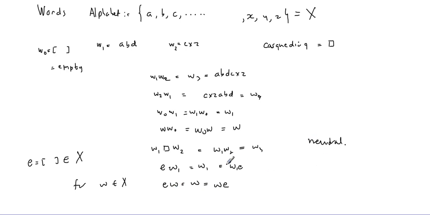Then this word E deserves a special name. It's a neutral word. It doesn't necessarily make changes to a word. Yeah. X means this as a set. If we look at it as a set of words, maybe this is just an alphabet. No? Then for the set of words, let's get another new thing and put it like X bar.